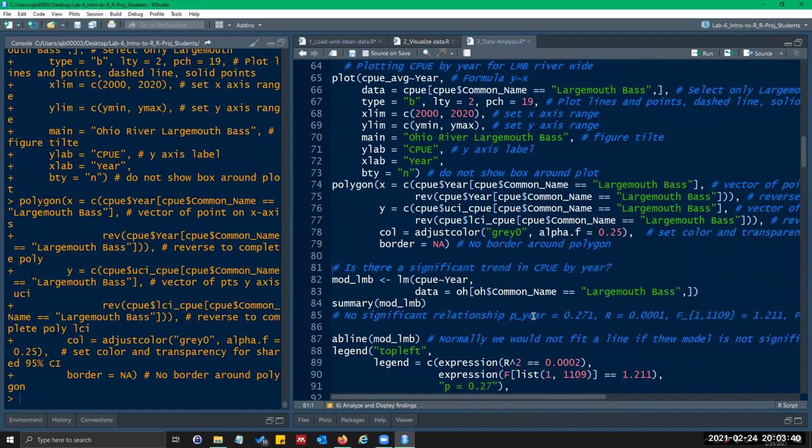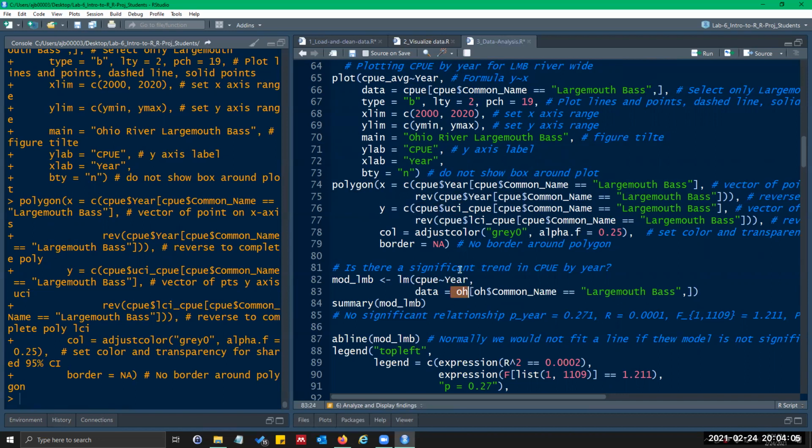The next thing we want to do is run a linear model. So we're interested in, is there a trend in catch per unit effort over that time period? LM is the function we use for linear models in R, and it's the same syntax. So catch per unit effort on year. And then notice here in data, we're going back to our Ohio data frame.